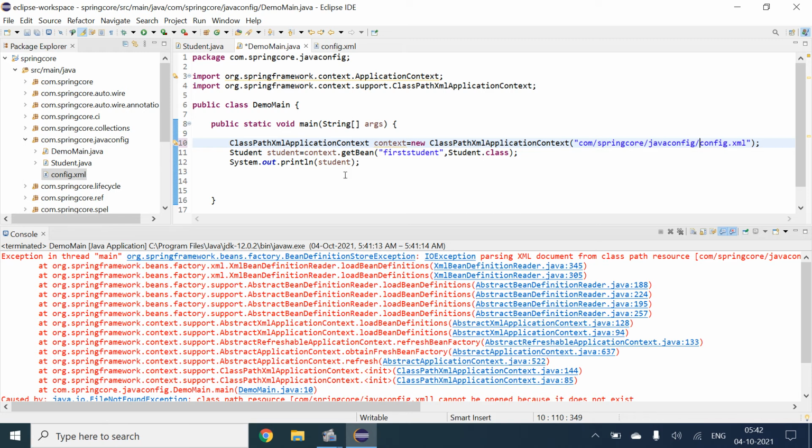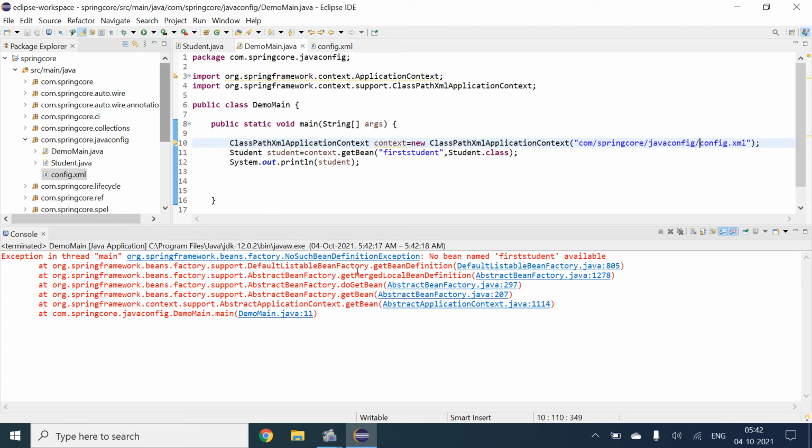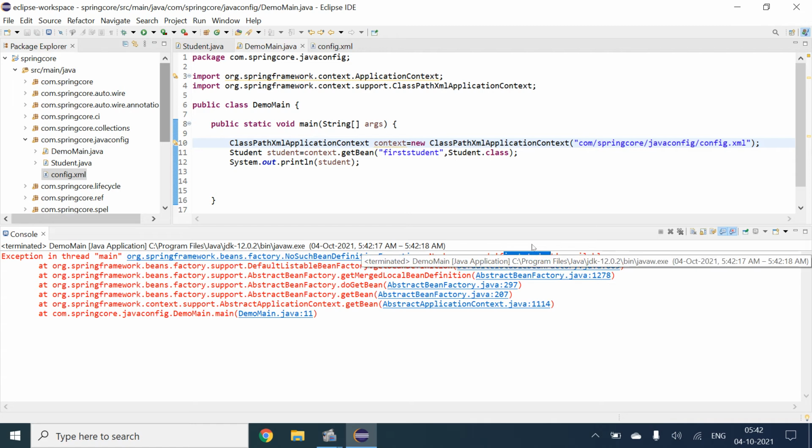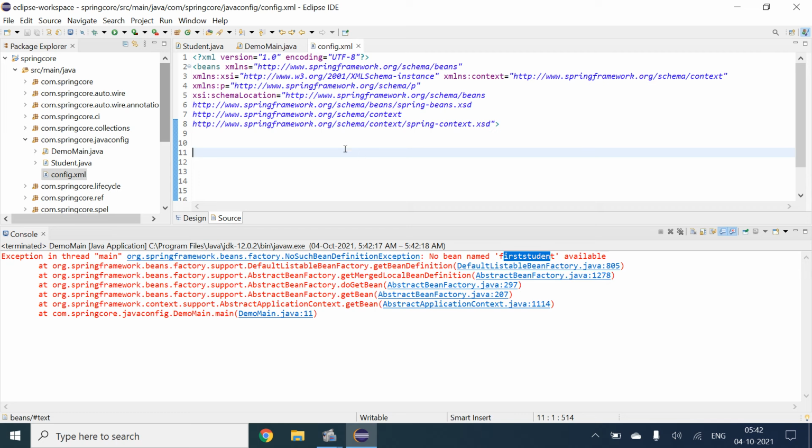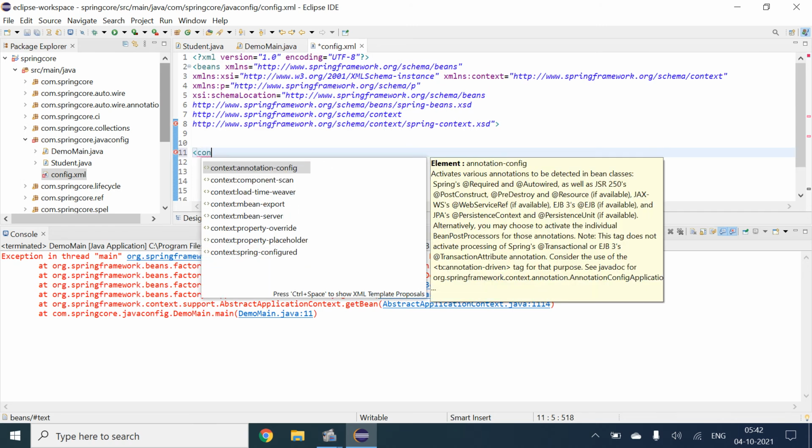So I guess I still get some errors. It is showing that no bean for student is available. It is not able to identify where the class student is located. For that, we will give here a context statement, component scan.